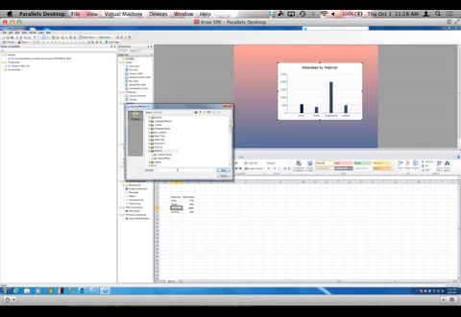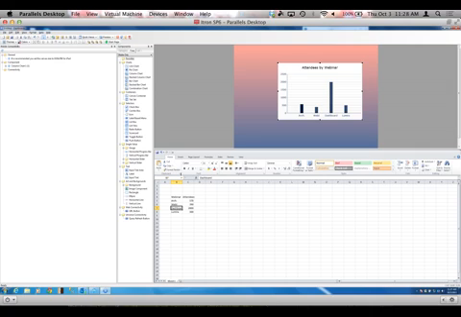Put it here. We're going to call this demo. We'll save the document now and it's generating the Swift file.